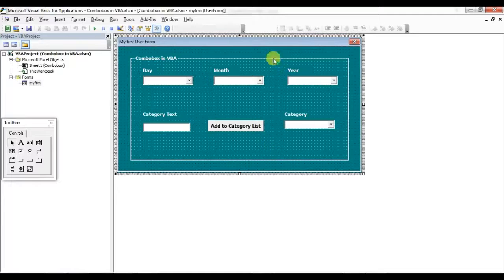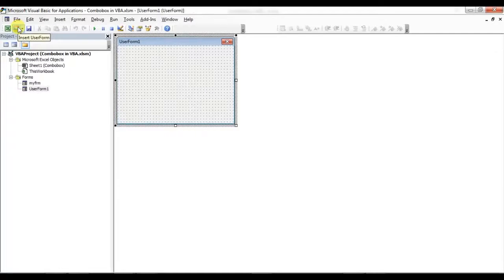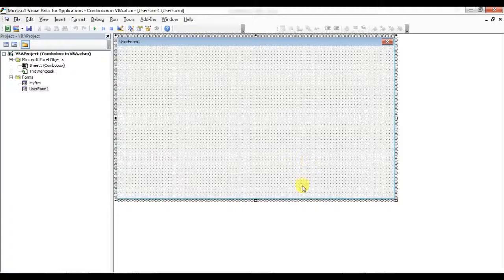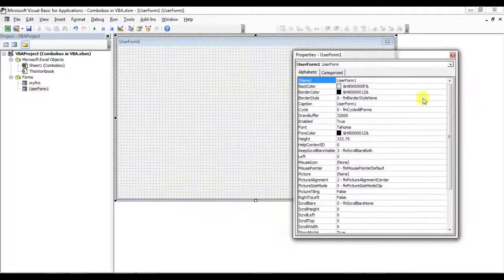So this is the user form which I have created, but I will tell you from the starting. So I'll insert another user form. This is the new user form. Here in this user form, first of all, I'll go to the properties and we'll change the name of this user form. Let's say I'm putting the name